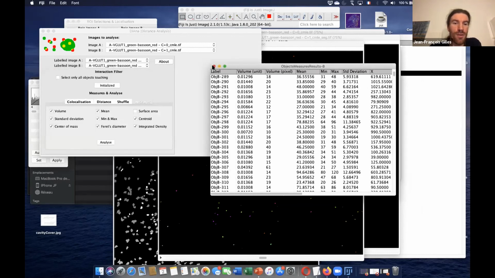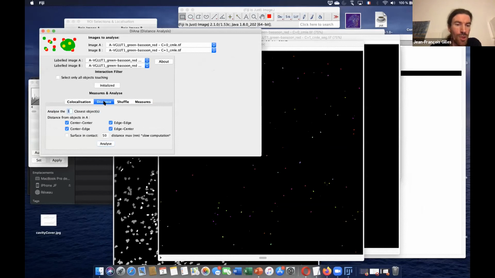And last, no, not really last, but we can also measure the distances between the objects which aren't colocalized. So it's not in the way we want to have some measure of overlapping, but basically the distance between objects.